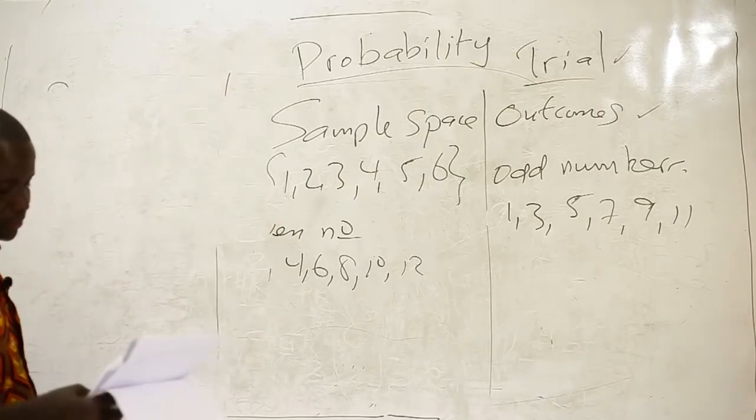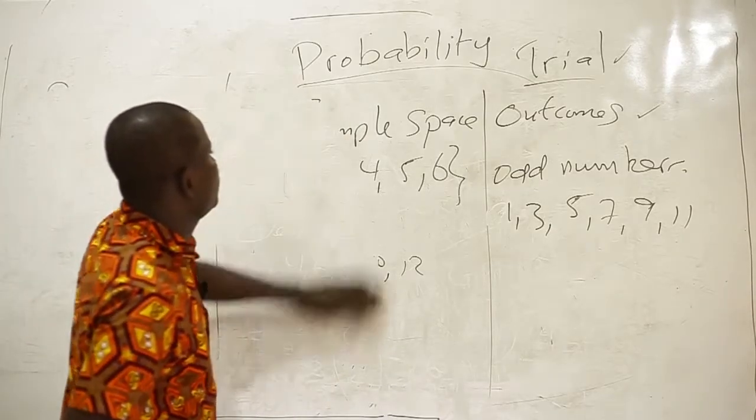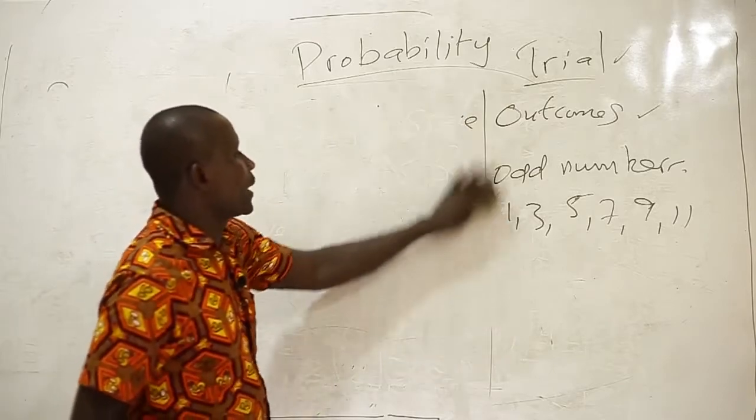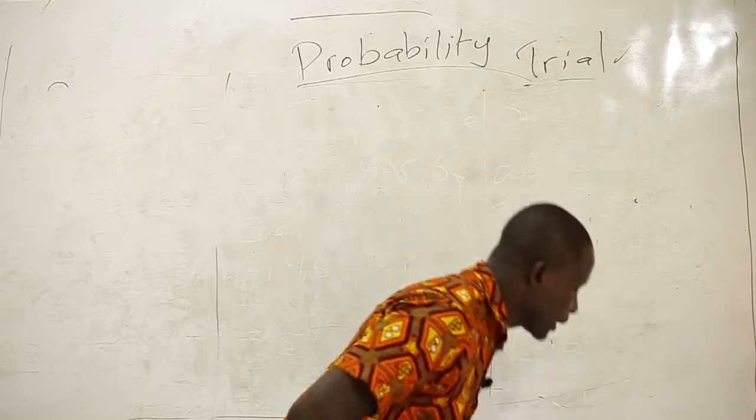Now, then we have something called the perfect squares. Perfect squares. In fact, it is very, very important,